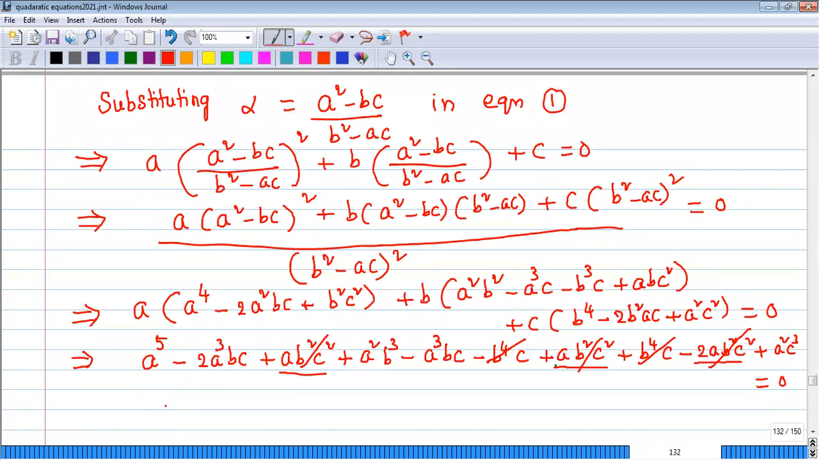Sir, minus 2a cube bc and minus a cube bc will get minus 3a cube bc, sir. Where? One minute, sir. So okay, I could write later. Wait, I got it. So you specified this one and this one. Am I correct? Yes, yes, sir. First we can write a power